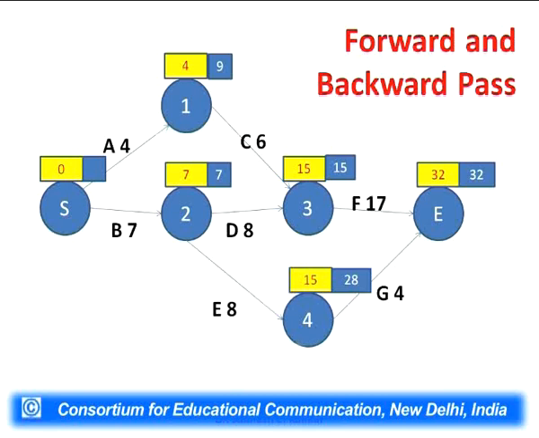Now, one thing is to be noted. In the blue cells, while we are coming back on the path, we have to write the minimum values. While going forward, we were writing the maximum values. While we are coming backward, we have to write the minimum values. That's why we have written the minimum values. And now we have to reach the start point.